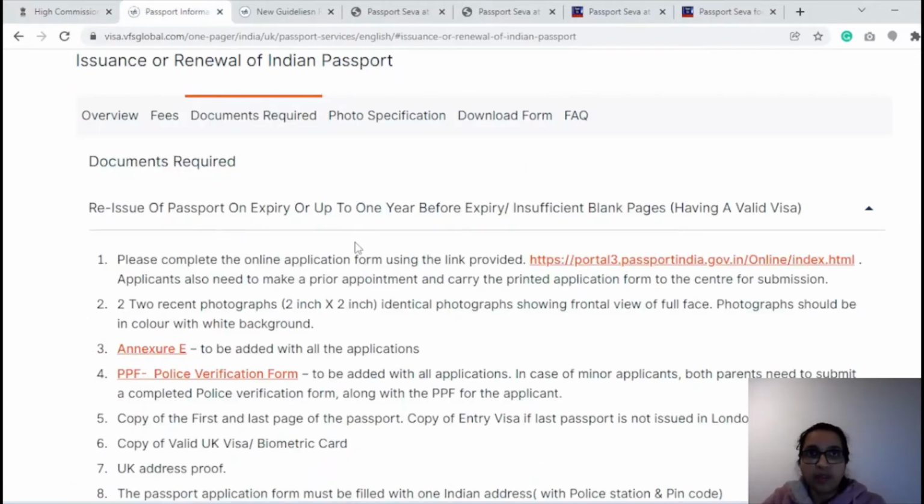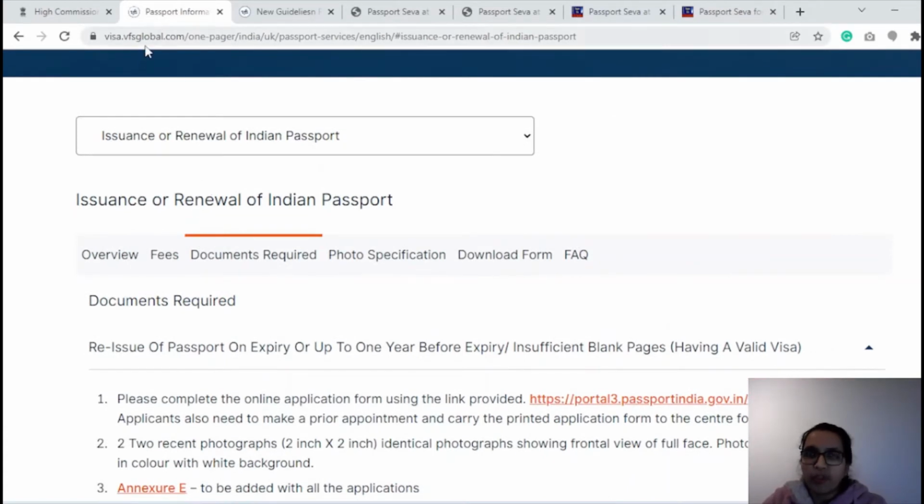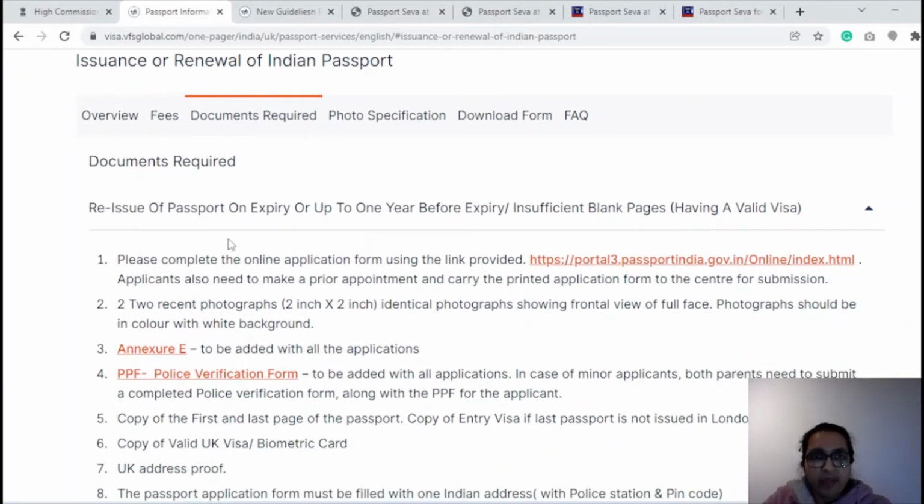Now step 2 is going through the list of documents, and the process, to understand what is there for passport renewal under the VFS Global website. They have clearly mentioned all the processes, procedures, and the documentation that is required. Make sure you go through those details, because some things can be missed out, and it could avoid the last minute running around. So what we need now, I'm just directly,